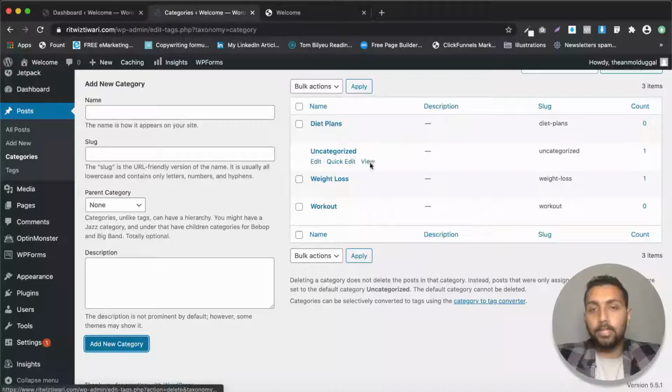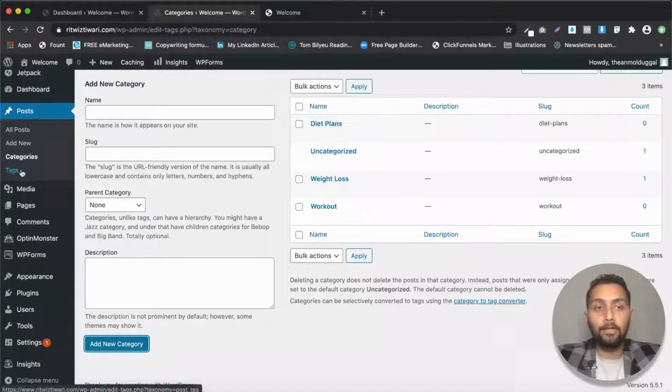Okay, and you can see here that we can delete these categories as well, but we cannot delete the uncategorized category. But actually this should not be the case. We should be able to delete it, isn't it? So don't worry, when we talk about the WordPress settings in the upcoming videos, I'm going to show you how to delete that, and why this option is not visible for it right now.